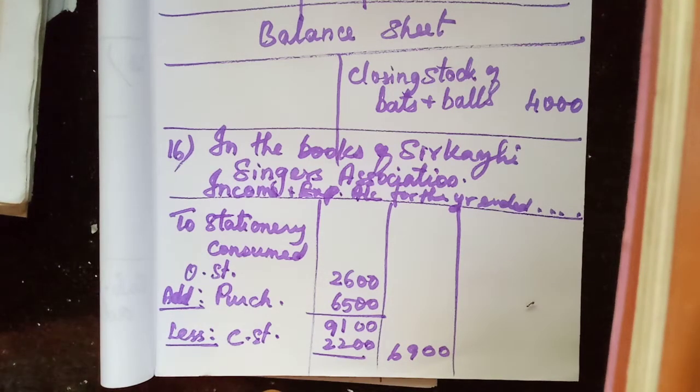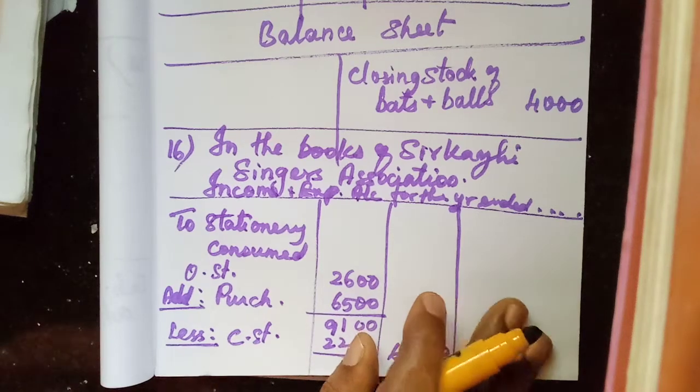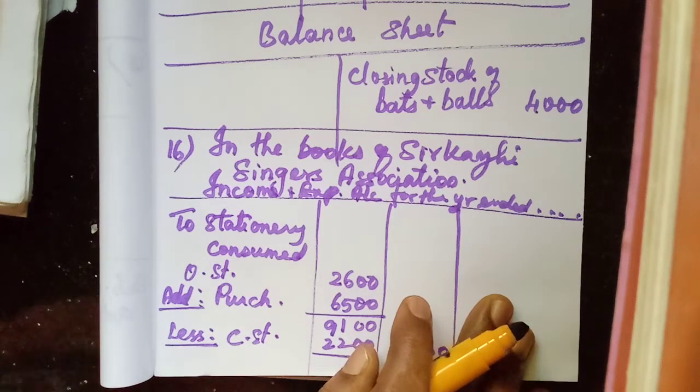Okay, so from the next one, 17th onwards, another method. That one is related to the special fund. Any specific fund, how to treat those funds. The expenses and income related to a specific fund, where we have to enter them. That we will learn in the next day's class.